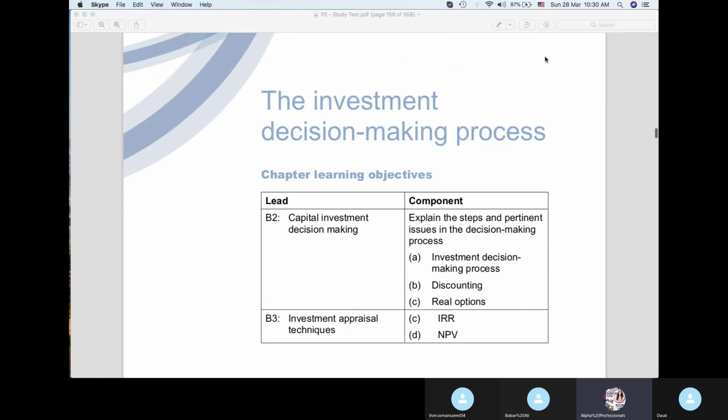Now, today we're going to study the investment decision making process. As we have already studied about the cost structures, ABC, with an objective like how the organization could know better about their cost structure, how they could have a better insight of their cost structure, which would help them to understand the attributable cost to specific products.